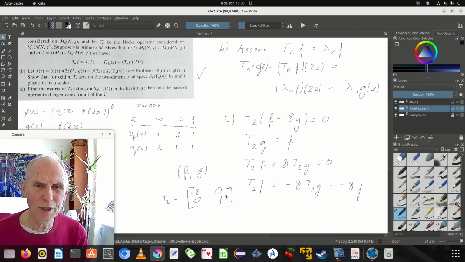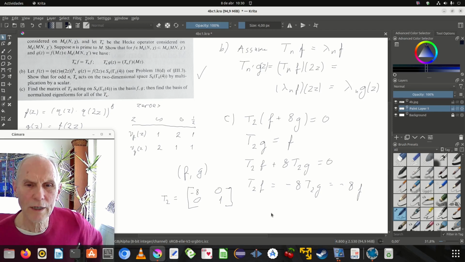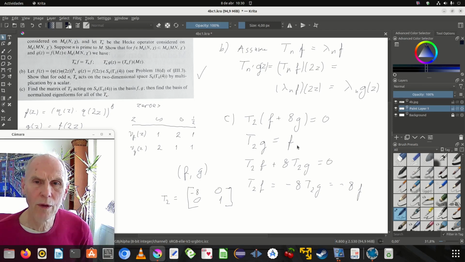There's something wrong here. I don't quite understand it. But this had eigenvalue 1, so we can use